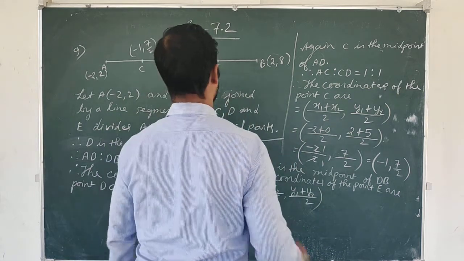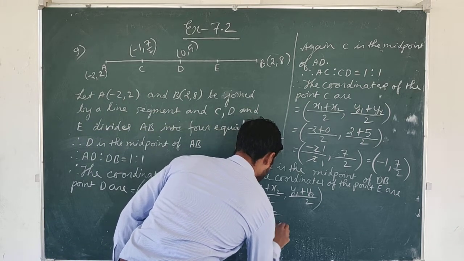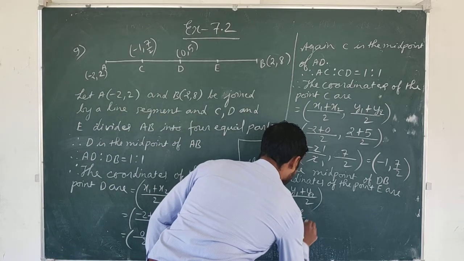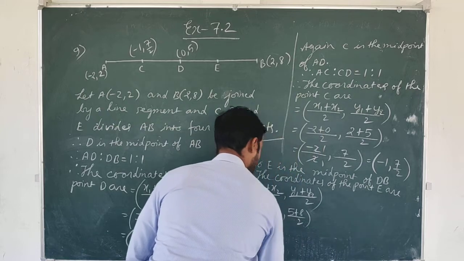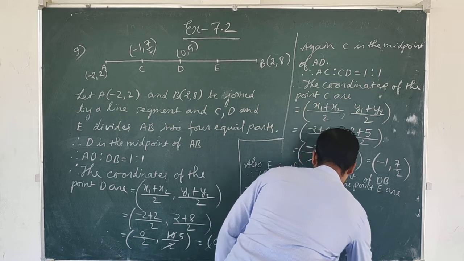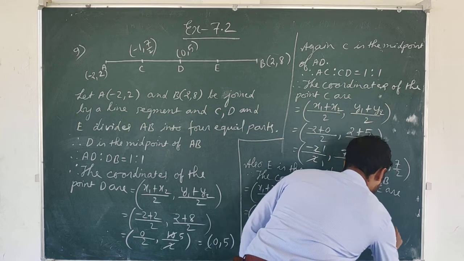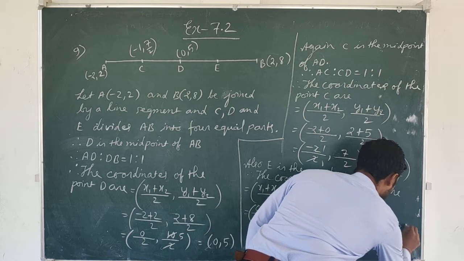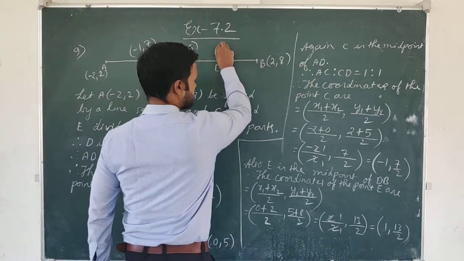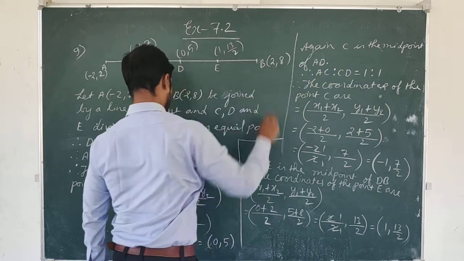So 0 plus 2 by 2, comma, 5 plus 8 by 2, equal to 2 by 2, 13 by 2, 1 comma 13 by 2. Okay, this point's coordinates are (1, 13 by 2). Okay, so therefore